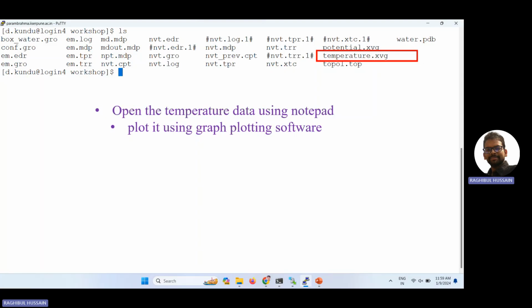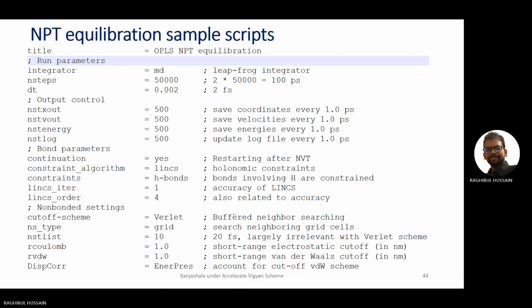We further move on. Next is NPT. The same parameters: steps will be 50,000 and time step will be 2 femtoseconds. I think 100 picoseconds, the system will be equilibrated properly. It takes more time, but